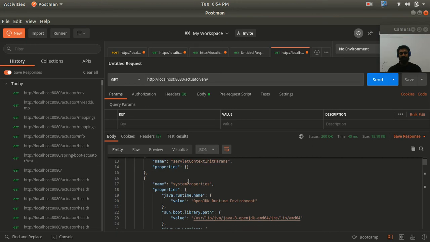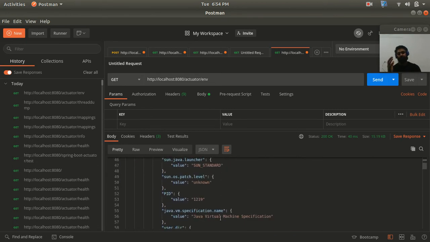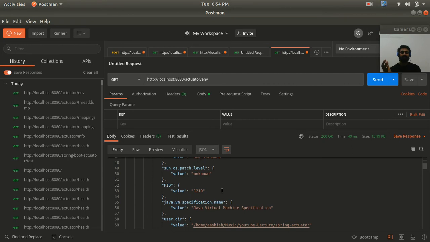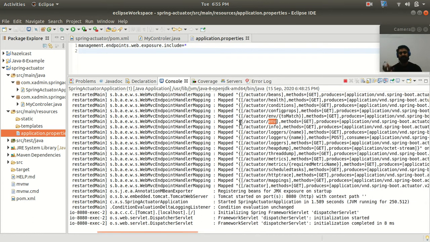All right, so this is the system property, and here all system properties are defined, and here we are getting in a response the information of our system properties. So guys, with these endpoints we can get the information, or we can monitor our application in a different environment, or in a different way. So guys, actually the Spring Actuator is used to monitor your application, and you can get the information of each environment by accessing these endpoints.